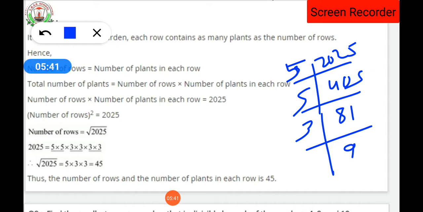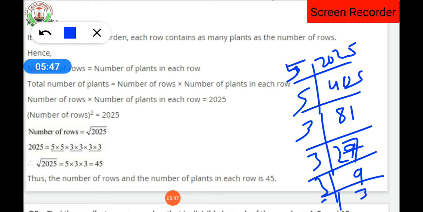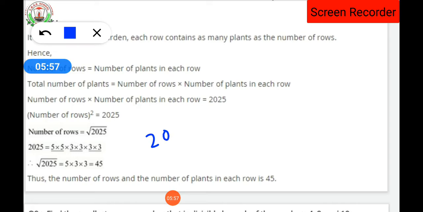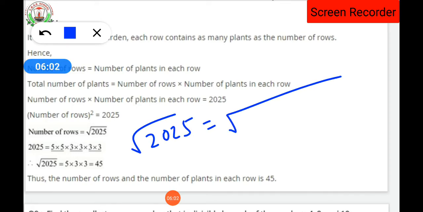8 times table 6 times, that means 27. Okay, then find by the table of 3, like this you are going to find the number. So 2 5, 2 3 and this 2 3, that means 4 3 and 5. 2 pairs we will get as factors. Okay, so finding the square root by any method, we had found it here by prime factorization. So 5 into 5 into 3 into 3 into 3.